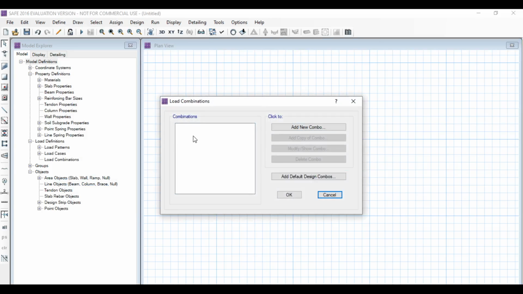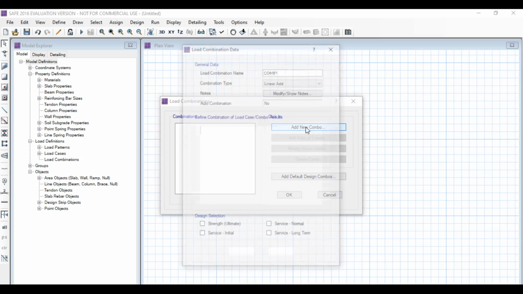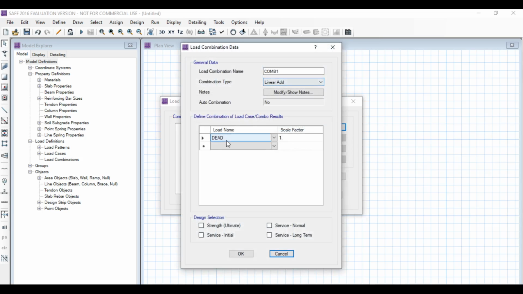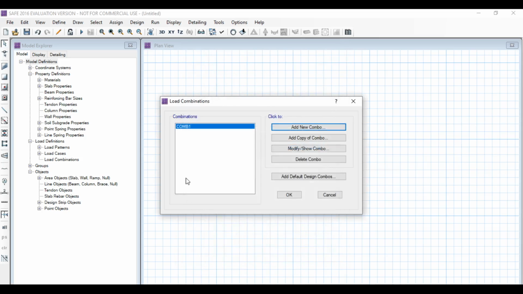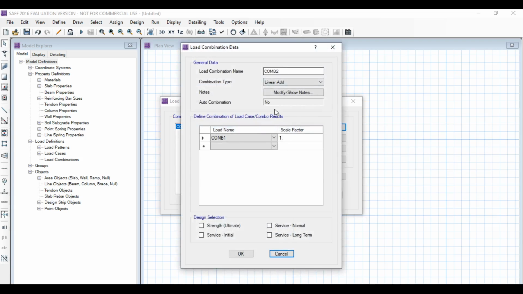Here no combination has been set, so add a new combo, add dead load scale factor as 1.5, and live load scale factor is also 1.5. Click on strength, design section, click on OK. This is combo 1. Again add combination as combo 2.